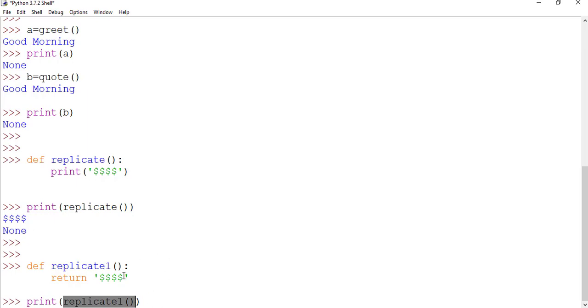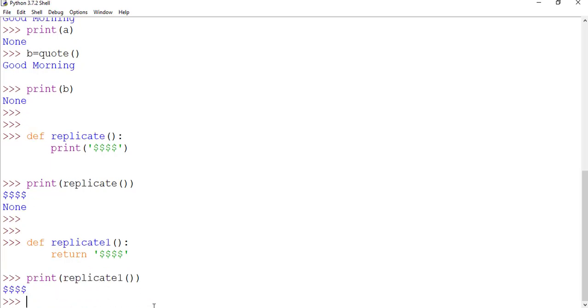The control will be transferred to this function. Then this statement will get executed. What is this statement doing? It will return the value $$$ to the statement from where it is getting called. So this call will get replaced by $$$. So the output will be only $$$, and no None will be printed.